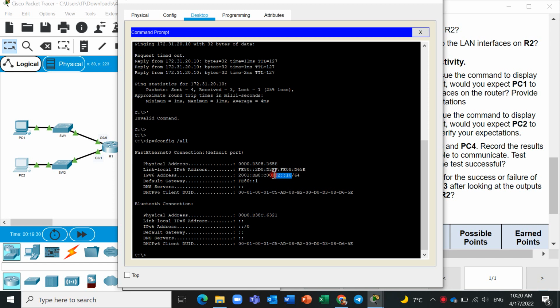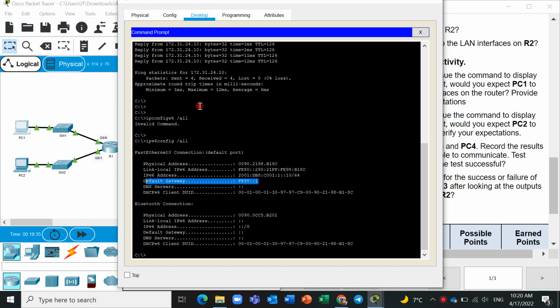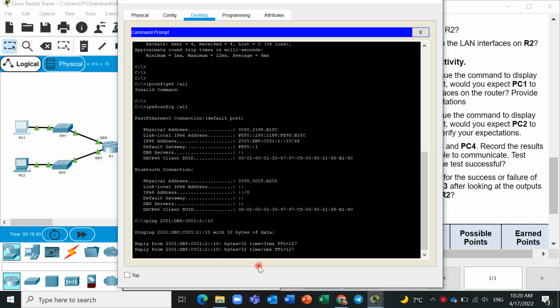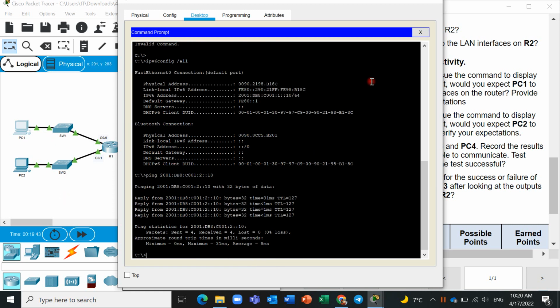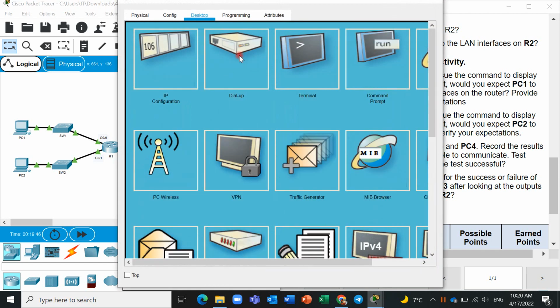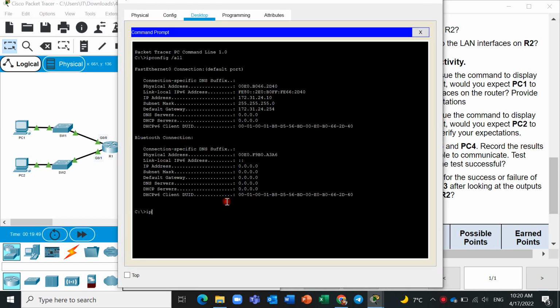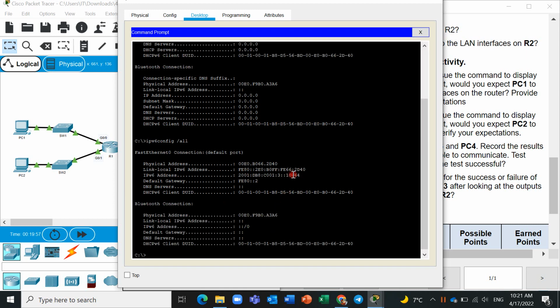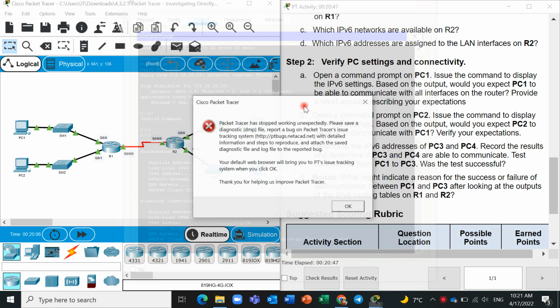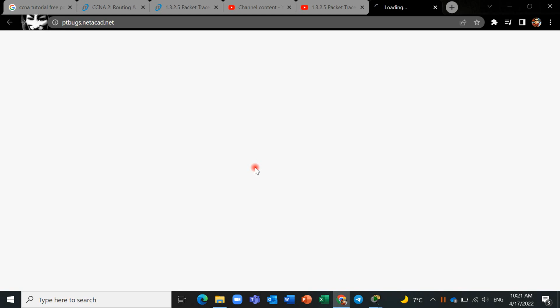And I try to copy here and here and ping. Yes, we can ping between PC1 and PC2. And for PC3, ipv6config /all. Yes, default gateway and IPv6 address. Copy. And we should also